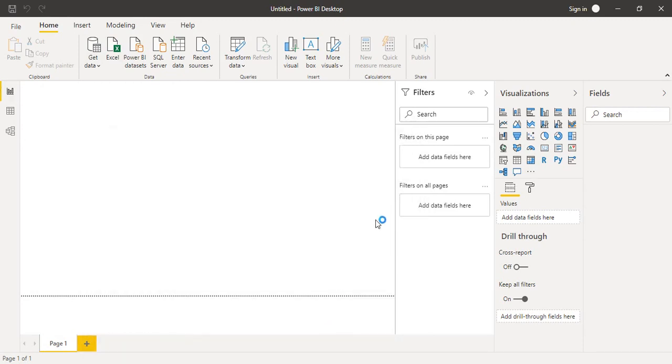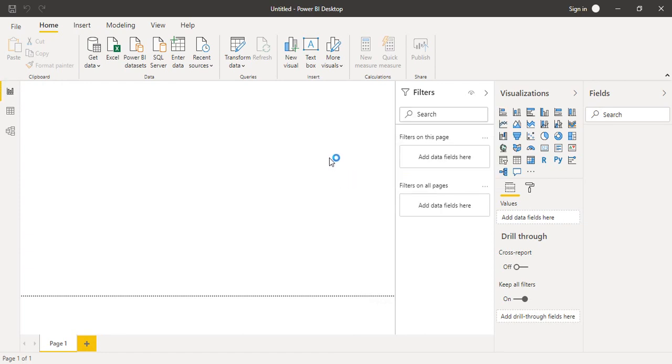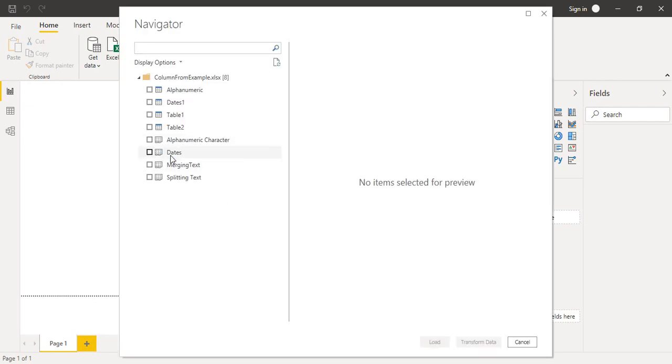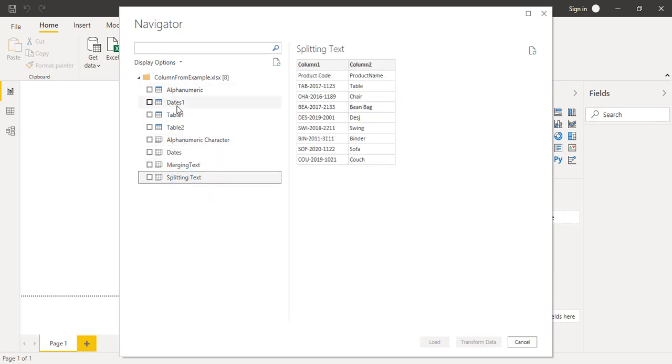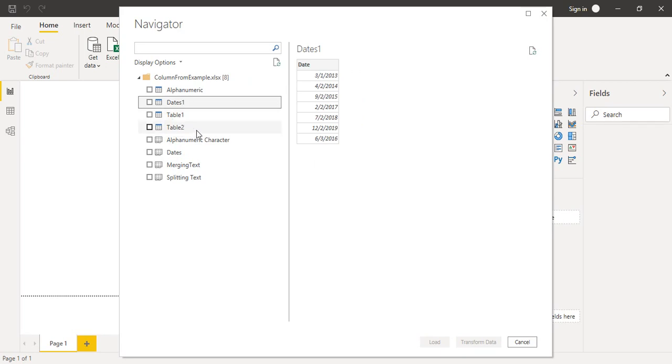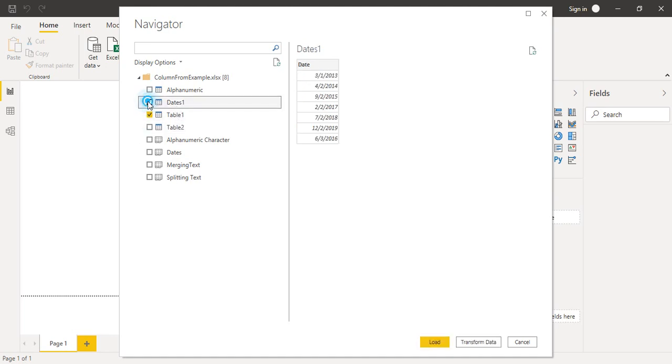Let's click on open, and we need to wait for a few seconds till this data is loaded into Power BI. Dates was the name of one sheet, and splitting text was the name of the other sheet, right? So if we go to this date 1 table and table 1, these two were the tables that I'm going to import right now.